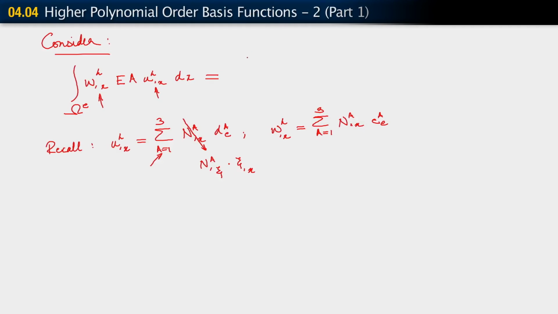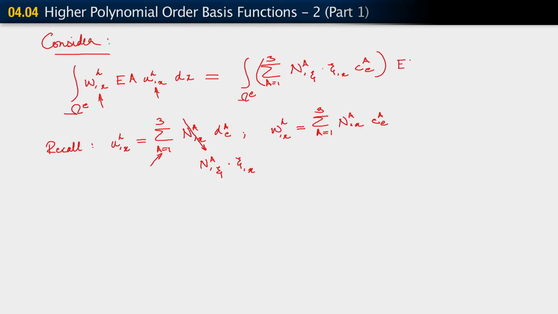So we will write this as an integral over omega e. For wh comma x, I'm going to write sum A going from 1 to 3 NA comma x, but we already know NA comma x is NA comma c, c comma x, times w A e. All of this represents wh comma x